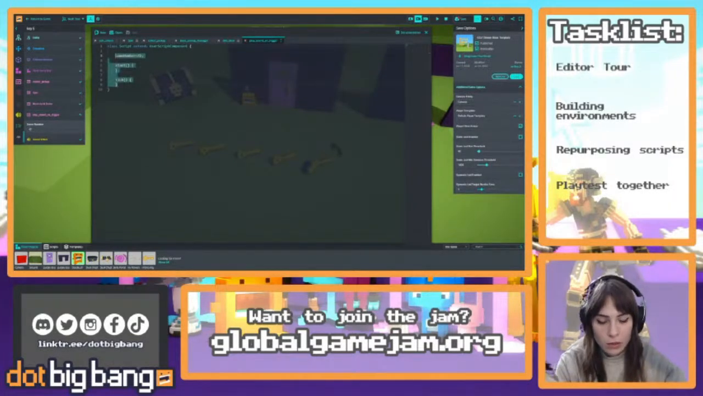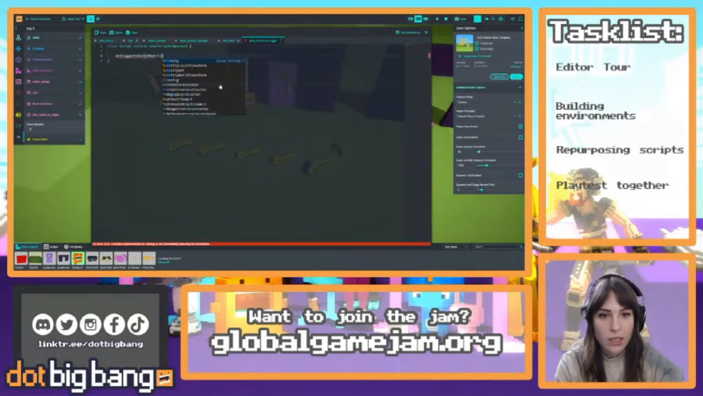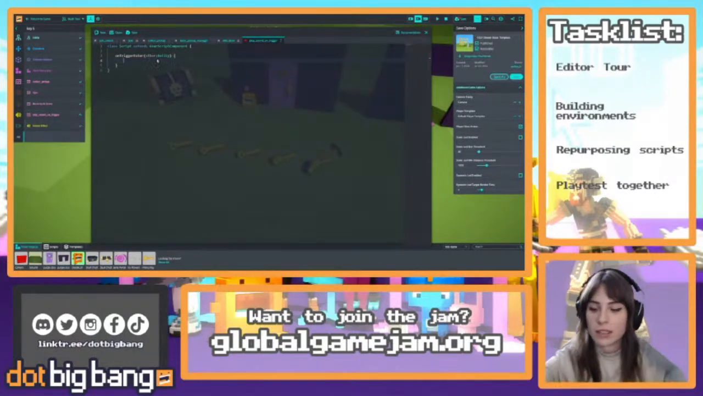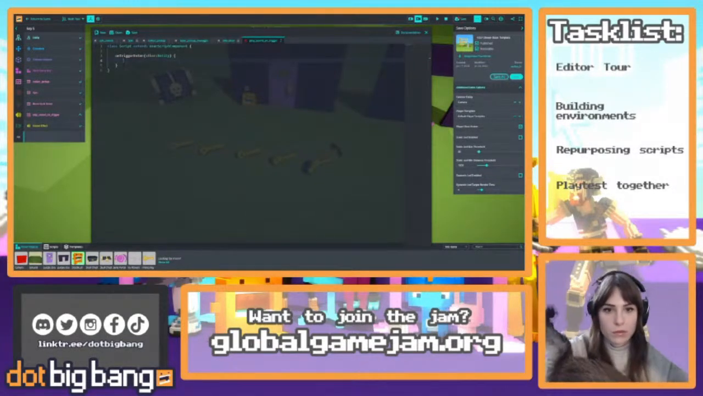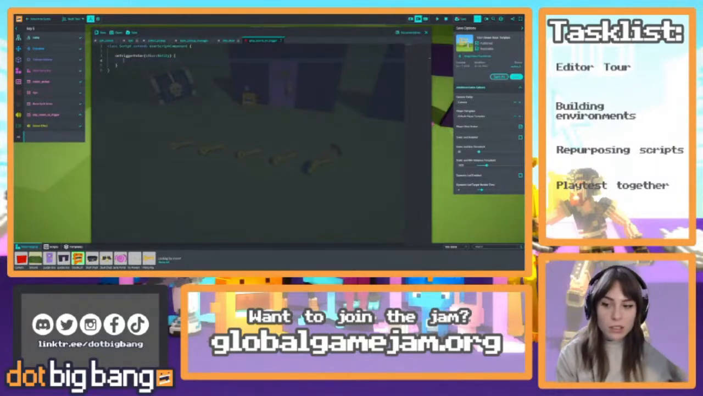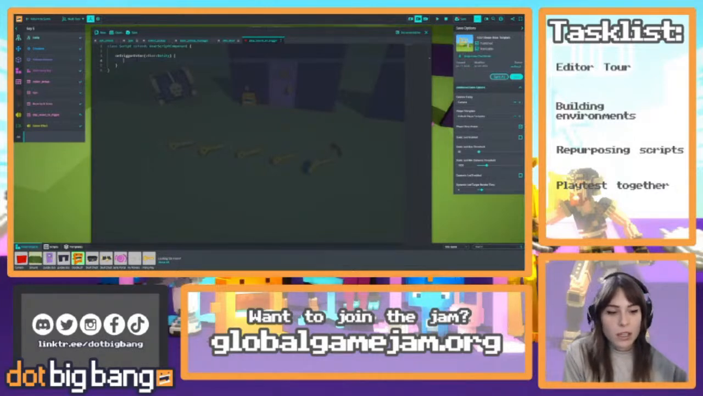So we'll just write on trigger enter, and this has the entity that collided with it. So that information is provided to you. So if you want to know anything about who collided with you or the direction of the collision contact, you can also get that information. But whenever we collide with this key, we want it to play a sound. So we'll just do